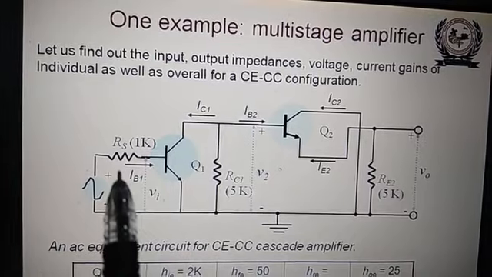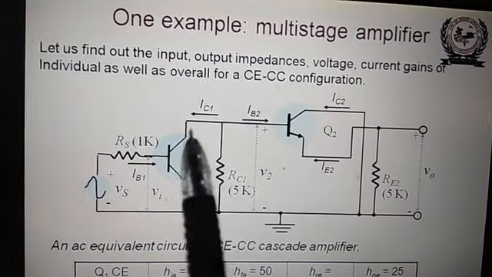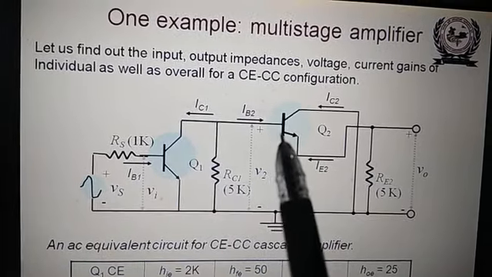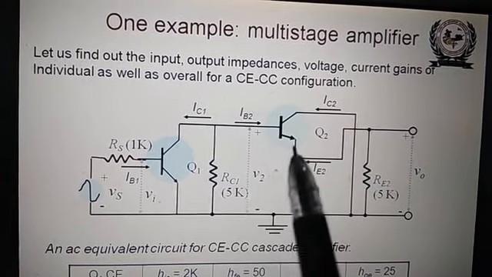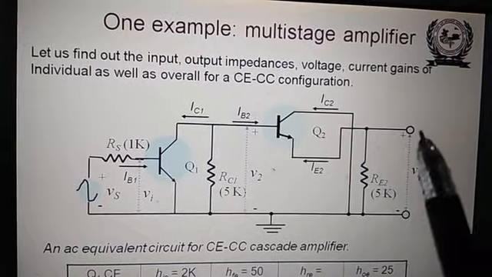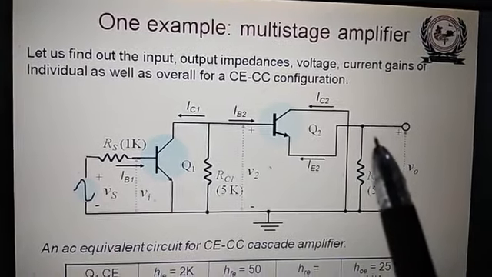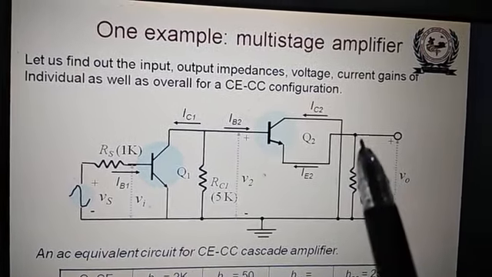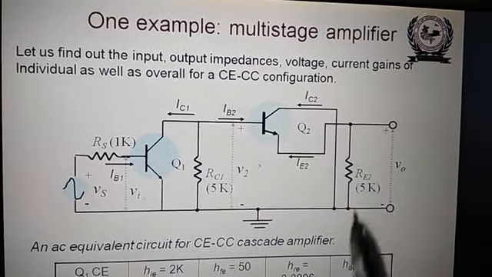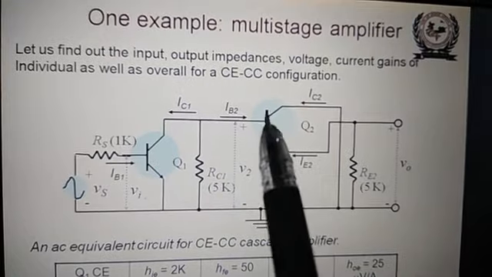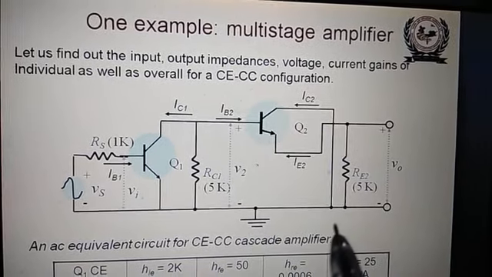Practically it is connected here, and the output from the collector is taken and connected to the input of the second stage, that is the base of the second stage. And here the output is taken from the emitter of the second stage. This load resistance is connected between the emitter of the second stage and ground. So this is called the load, and this collector is common here to the ground.